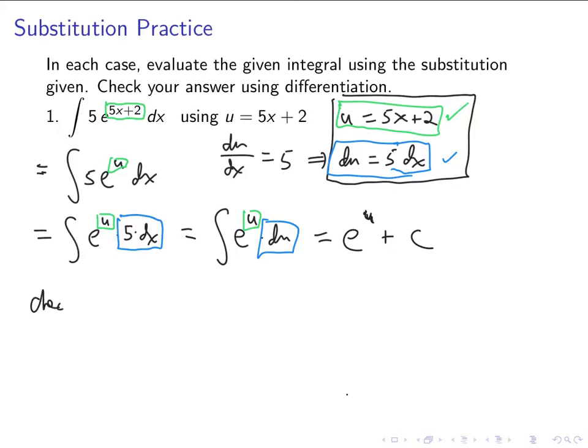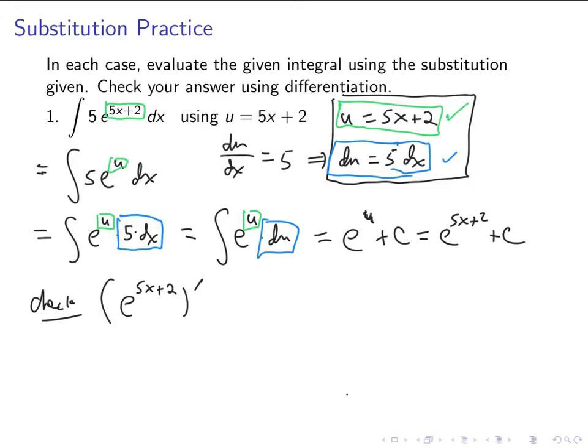I can check this. I guess I should, if our original question was written in terms of x, then it's only polite to give our answer in terms of x. So instead of the answer being e to the u, I should say the answer is e to the 5x plus 2 plus a constant, so that the variables in the answer match the variables in the problem. So to check,